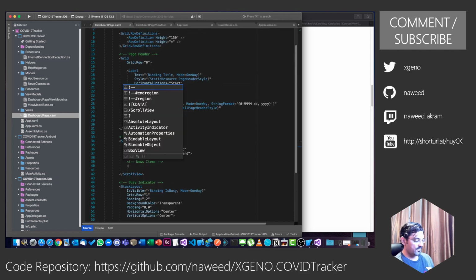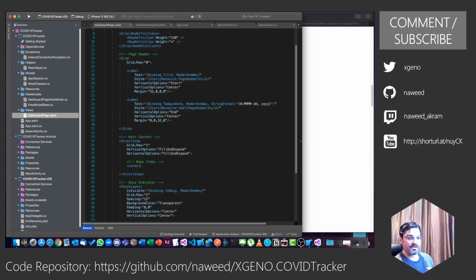So we are going to add, let's say cards, we are going to add cover flow view. Let's fix this. Okay, so we are going to give it a height of say 160.